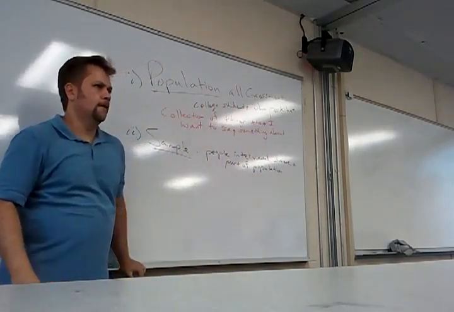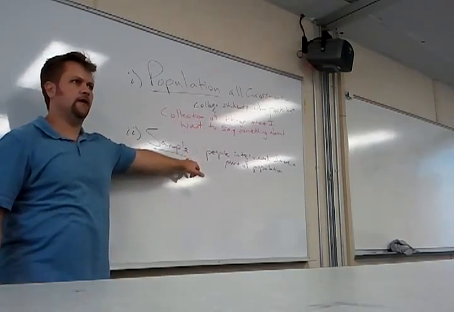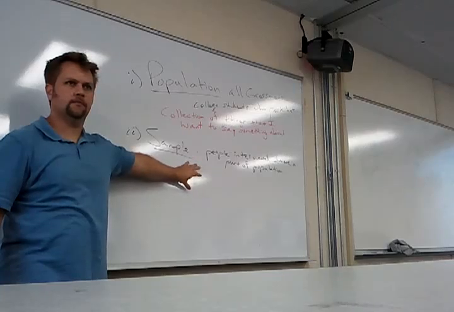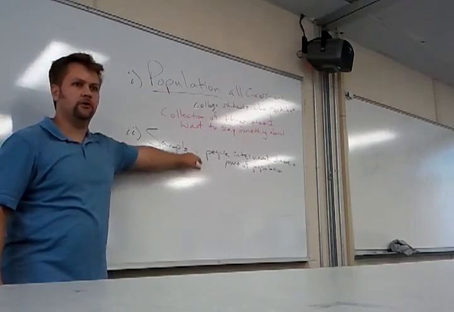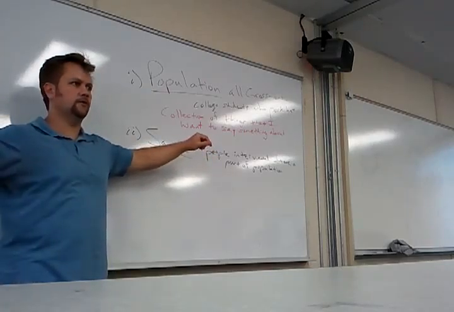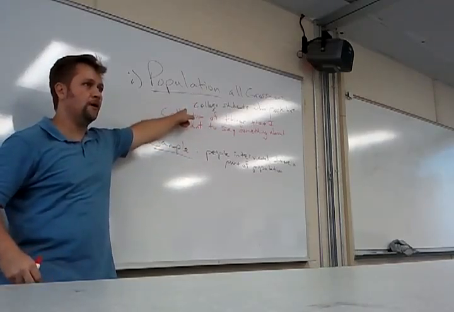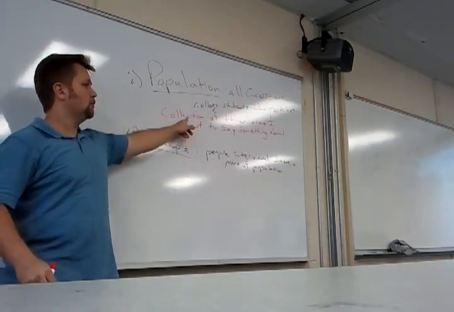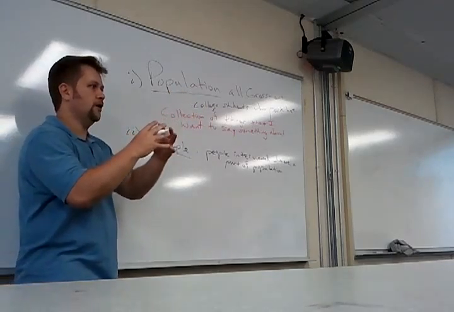Collection of things that I want to study, that I want to be able to say something about, right? Okay. So what's a sample then? Now that we've defined population, it's a little easier to define sample. Where did our sample come from when we were doing the thing for the parking times? It came from the population. So once you define population, sample is easy. It's just the people you picked from the population, right? The subgroup of the population.